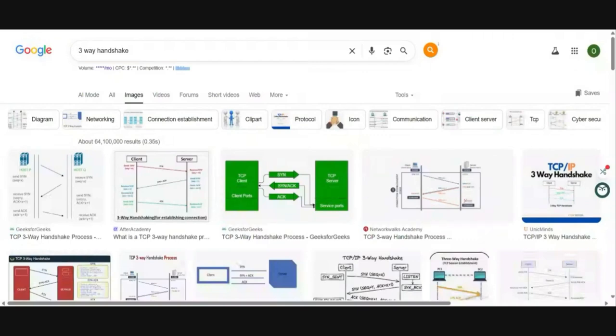Two devices cannot talk in a network without establishing a three-way handshake. This is very vital to a cybersecurity expert, because before you launch an attack, you want to know whether the target is responding or is not responding. You don't want to waste your time to target a target that is inactive. So you first of all know whether these devices are talking to each other. We'll use a tool like Nmap. Nmap will help us, and Wireshark,